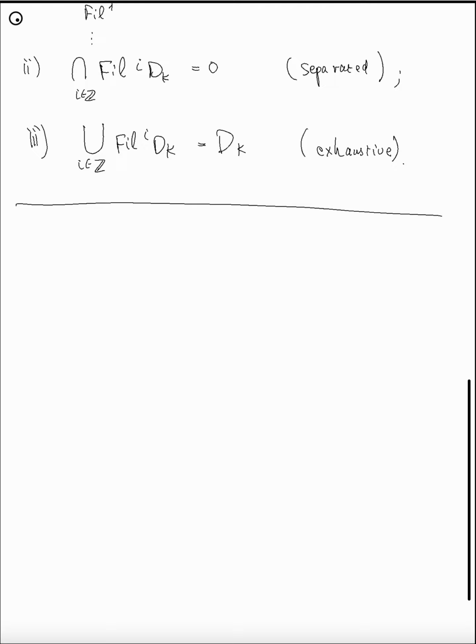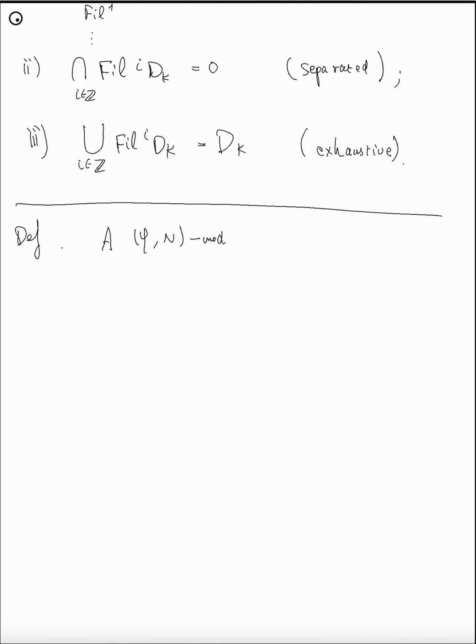So maybe let me also recall here what is called a phi-n module, because the filtered phi-n module, we said, started with a phi-n module.